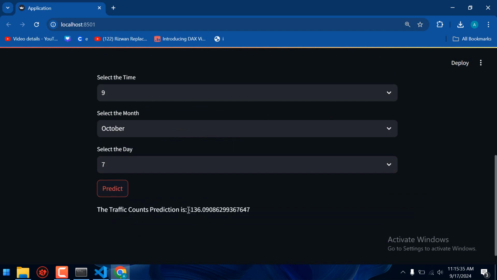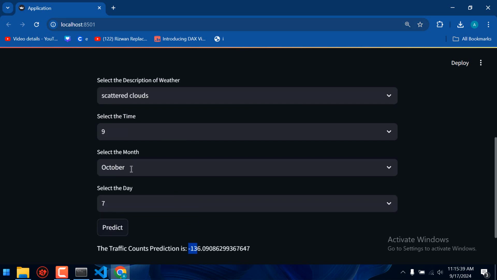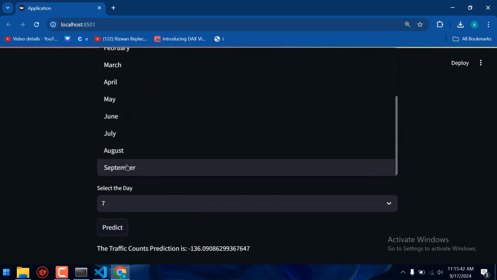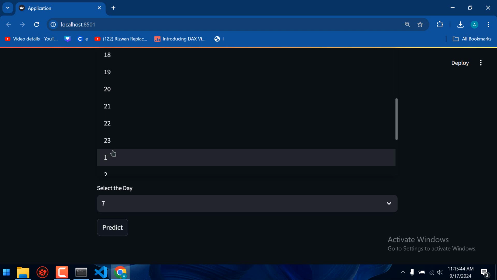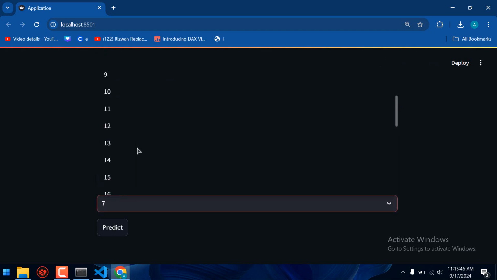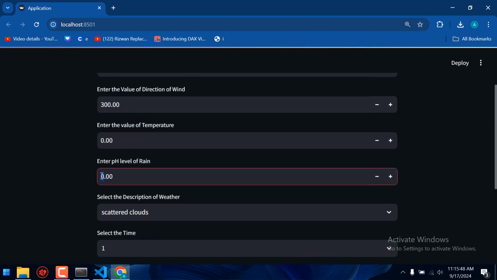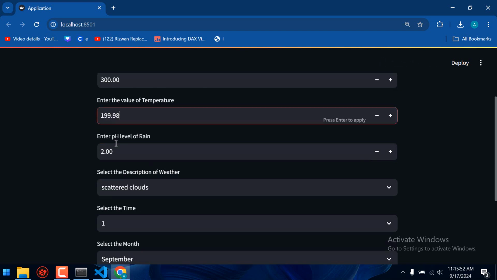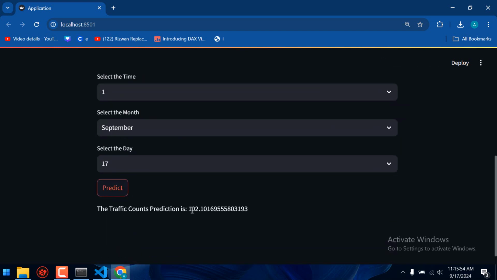Now it has been predicted. The value is minus 136, which means there is a low probability that there will be more people. If I change these values, if I change this to 2 or to 200, then our value will change automatically.